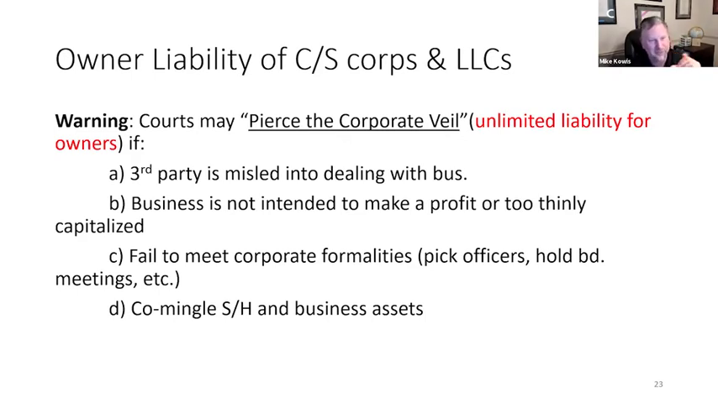This does not happen very often. It's very rare. But if you find yourself in a situation under these four different scenarios, A, B, C, or D, if you do one or more of these things, you commingle your personal assets with the business's assets, or you don't meet corporate formalities and do all the things that you normally would do with the business, the court has the option of ignoring that LLC, C Corp, or S Corp and treating it as if you have unlimited liability. So just be aware of that. If you do create a C Corp, LLC, or S Corp, make sure you follow the corporate formalities, make sure you keep the money separate for the business versus your personal, and you should be fine. You shouldn't have to worry about